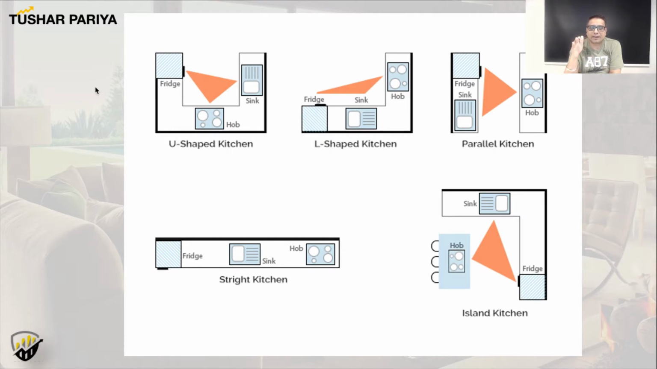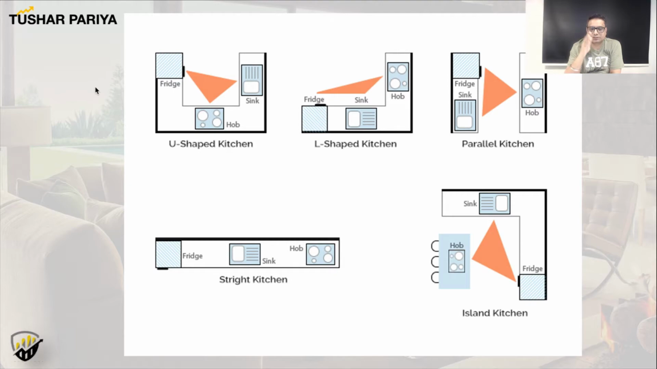What happens if you have a parallel kitchen? In a parallel kitchen also you need to put a sink, fridge and hob. Okay, so I've just taken this parallel kitchen, and in the next slide I'm going to explain how the Vastu works there. Okay, and in a straight kitchen, you don't have a choice, but definitely you need to have a hob, sink,